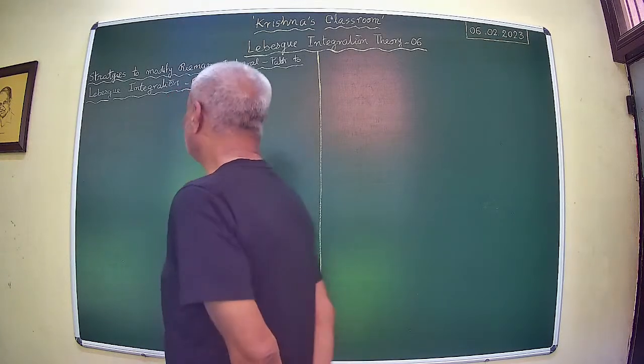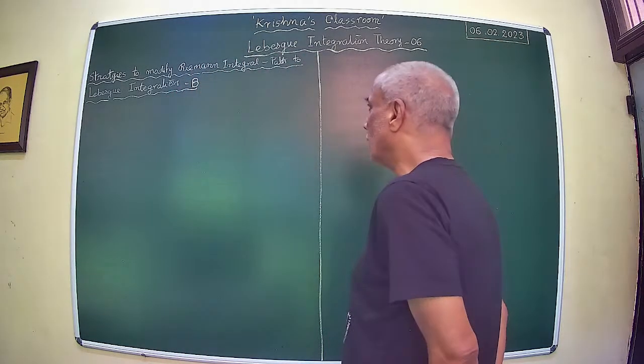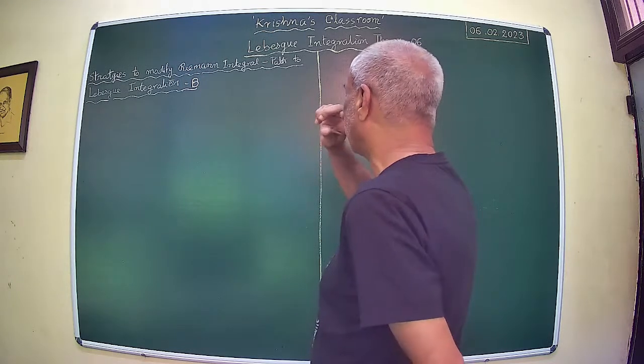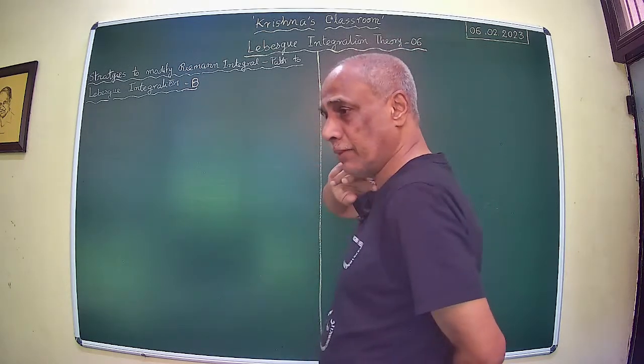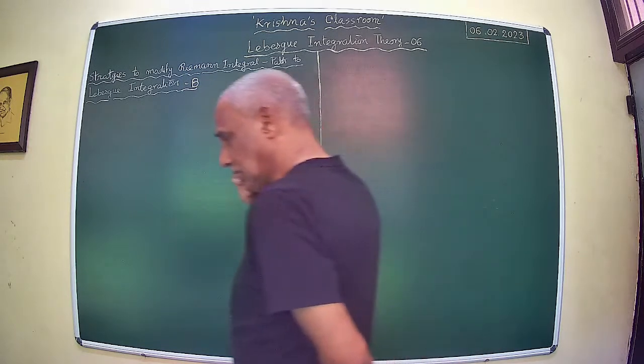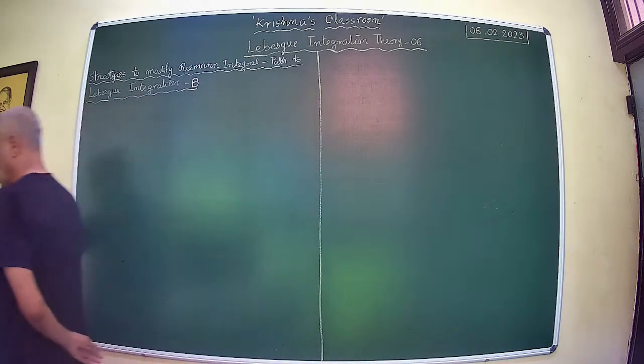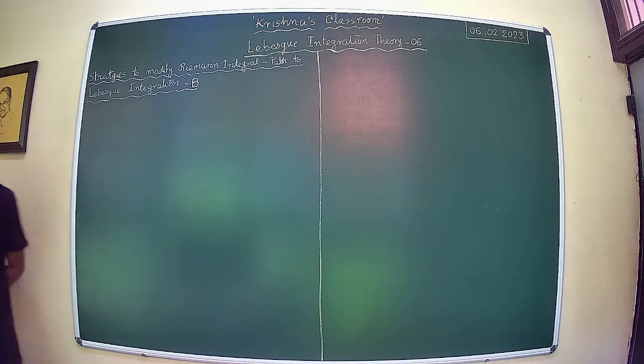We continue with part B of strategies to modify the Riemann integral. That leads to the path to Lebesgue integration. In fact, we have explored a part of it already,